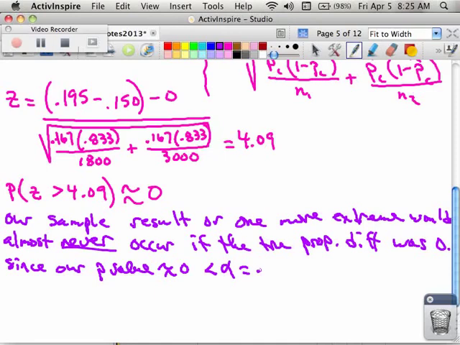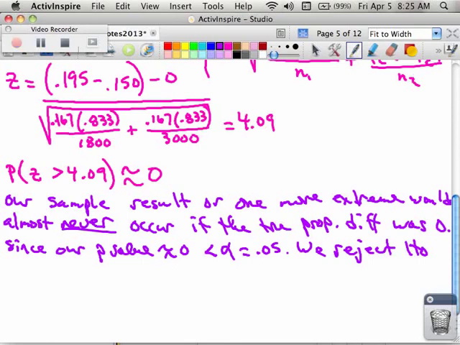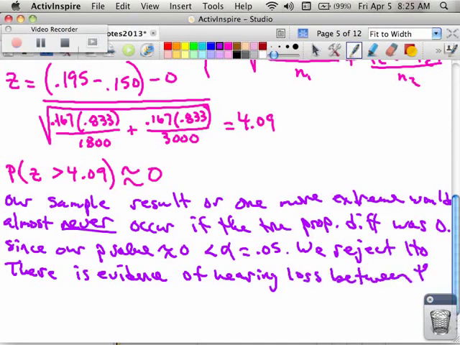No. Equal to 0.05. We reject the null hypothesis and say there is evidence of hearing loss between the teens of 1988 and 2005. You can try